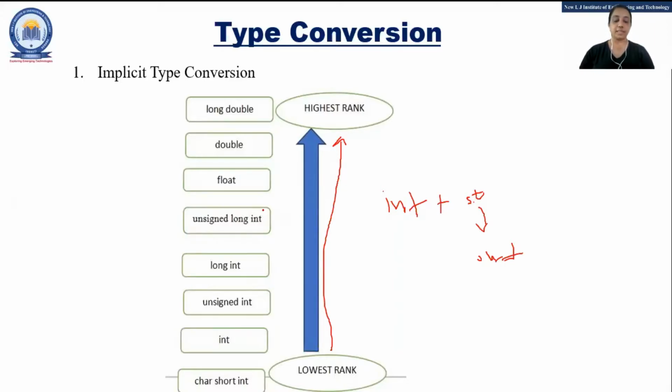If it is asked in theory, remember that normally it will be converted into the higher level. If there is a long integer and an unsigned one, it will be converted into unsigned long integer. So this is implicit: the compiler does it itself. If you write one operand as 5 and the second operand as 6.5, no error will occur. It will do the processing, but the compiler's inbuilt mechanism will convert it.